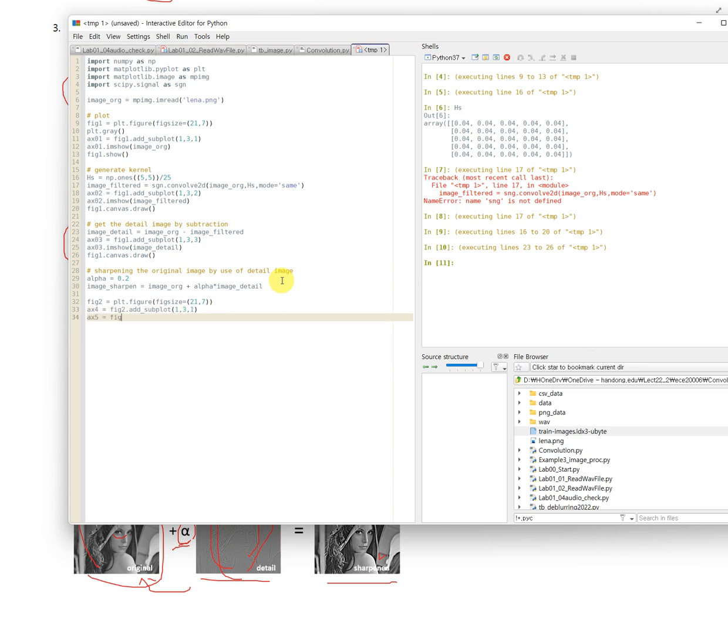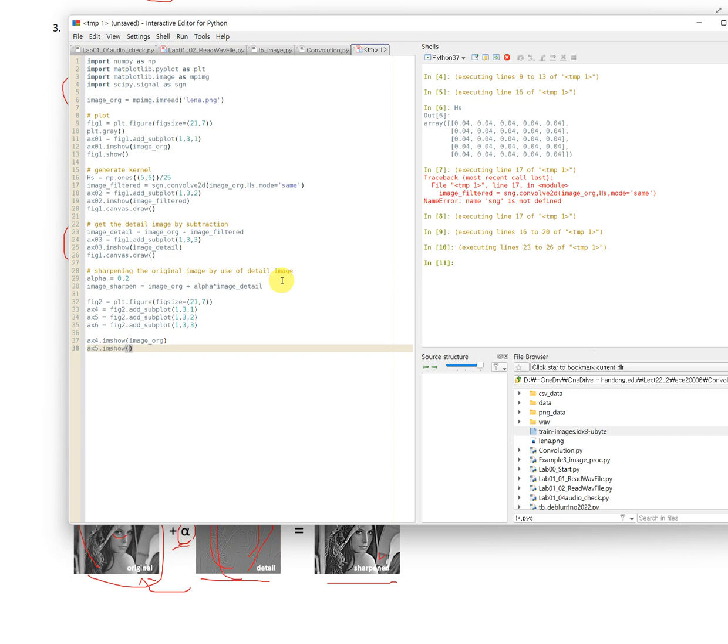Figure 2 dot add subplot 1 by 3 for the first one, AX5. Figure 2 dot add subplot 1 by 3 for the second one, AX6. Figure 2 dot add subplot 1 by 3 for the third one, AX4. I would like to show you the original image, and on the next canvas